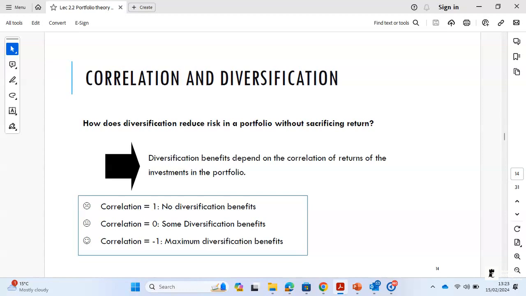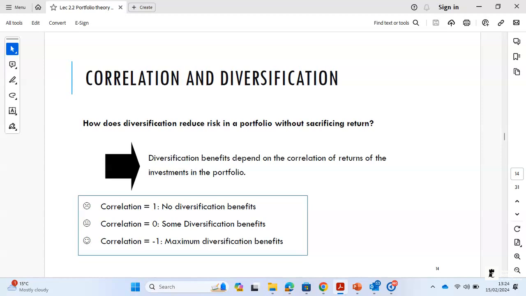If the two assets are perfectly negatively correlated, they will eliminate all of the unique risk. So if two stocks are perfectly negatively correlated, stock 1 will increase by 10%, stock 2 will decrease by 10%. If stock 1 goes down by 4%, stock 2 will go up by 4%, right? So the two will move in exact amounts in opposite directions. So the benefits of diversification will be greatest when the two assets are perfectly negatively correlated.